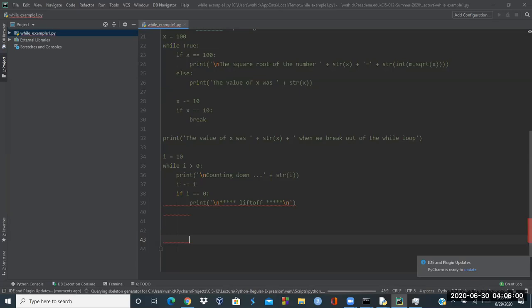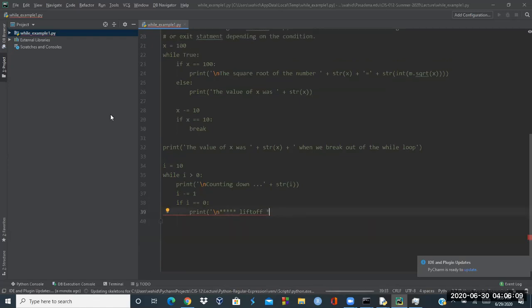These are blank space for no reason. Oops, I deleted so much. Print, left off, and then close this one, and then